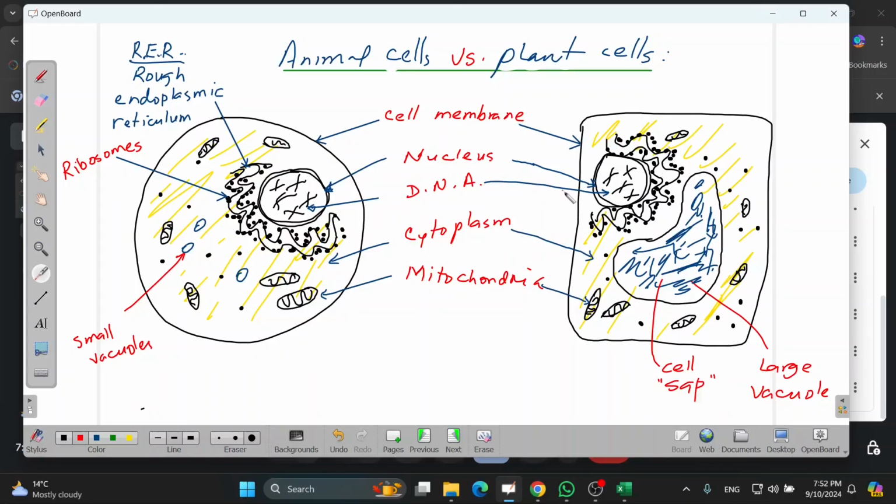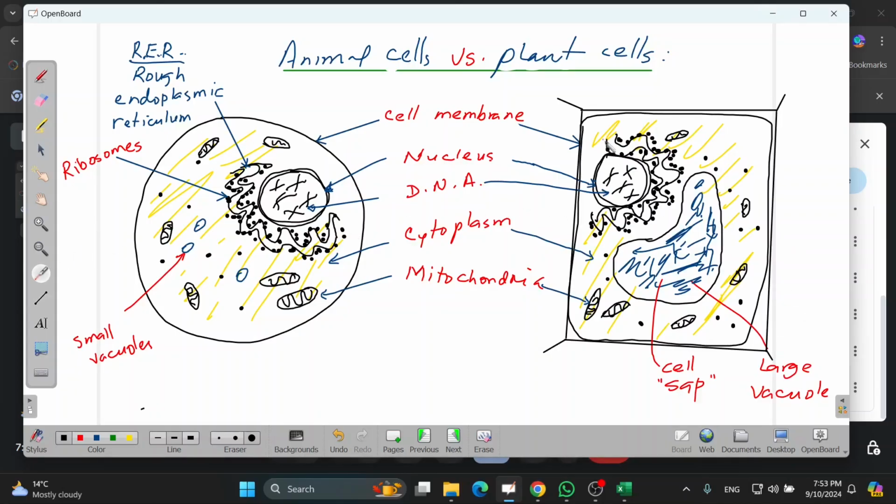Now, what else they differ in is that plant cells, guys, have this. Let me just draw it with a line because it's actually kind of straight. Look, this line, and then I'm gonna point it downwards. Are you seeing it? This one here. And then from here to here is kind of stiff. You see? That's why I'm using a straight line. And then this will go to the next cell here, and next one here, next one here, right?